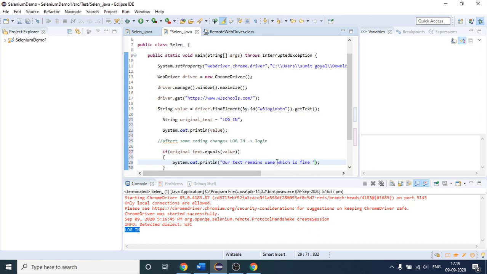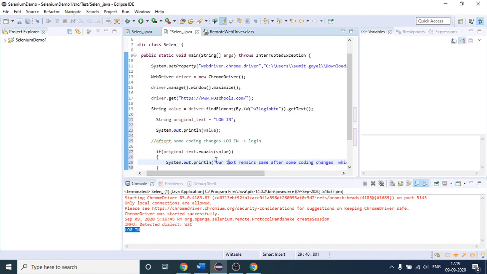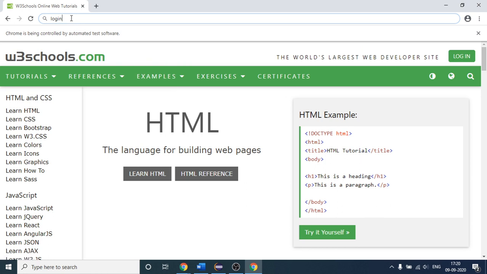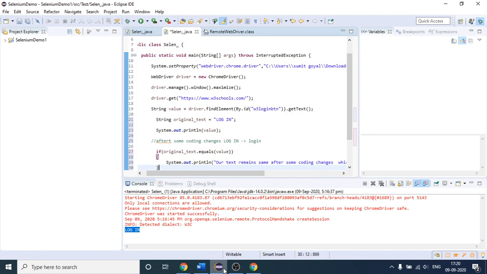Our text remains same after some coding changes. Okay, so which is correct. Otherwise, what will happen? Suppose this value, this button value, the login value, becomes something like this, login. So what will happen, we will simply write in the else part,